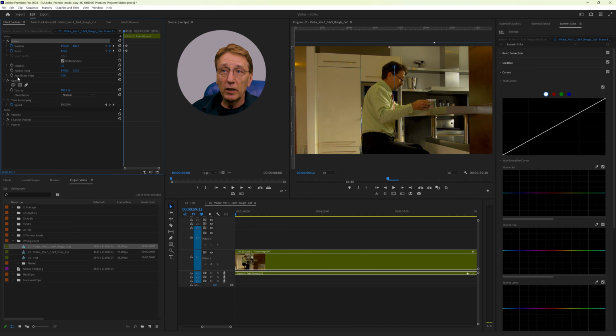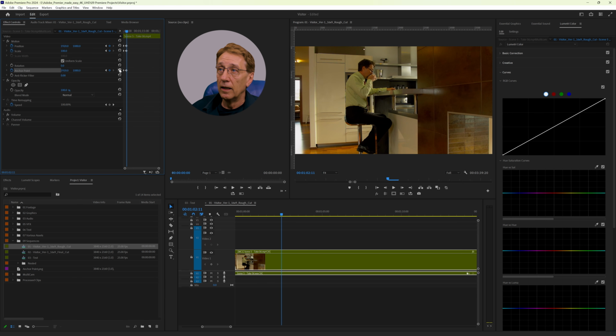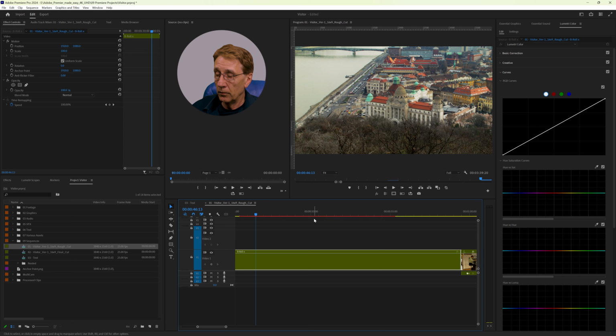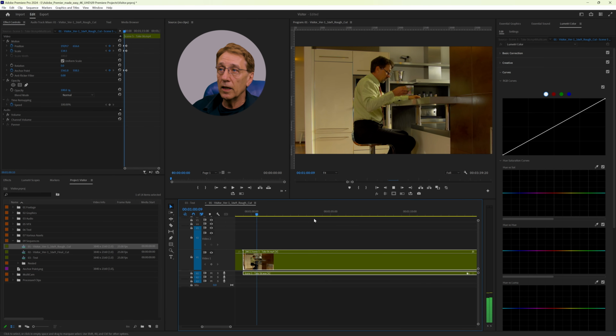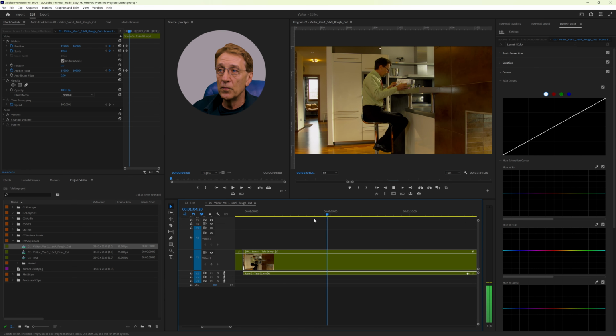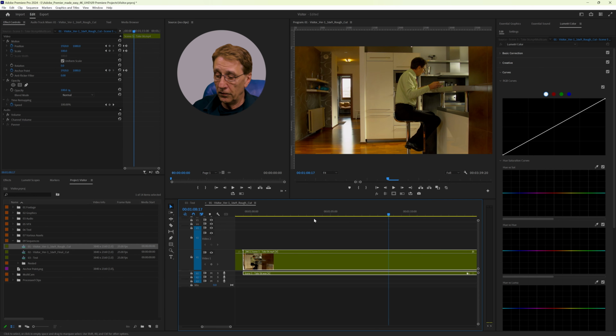I'm also setting my keyframe for my anchor point here, and at the position where it ends, I want my anchor point back to normal. So now we have this movement. You see, I'm zoomed in, the camera is zooming out, and now it starts panning. Okay, that's the effect we wanted.